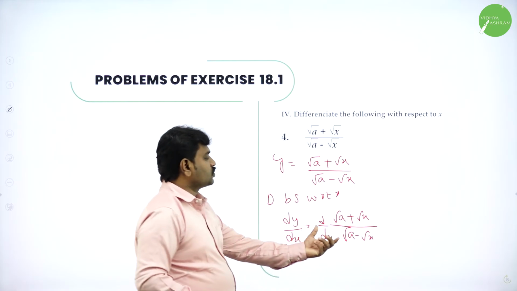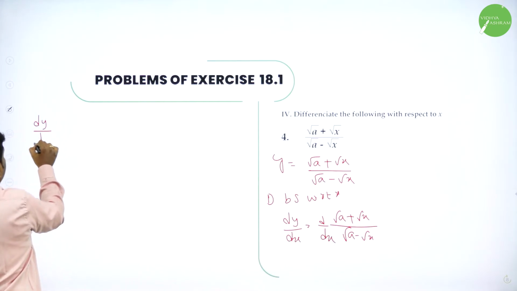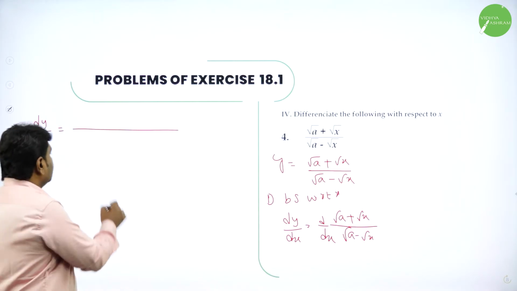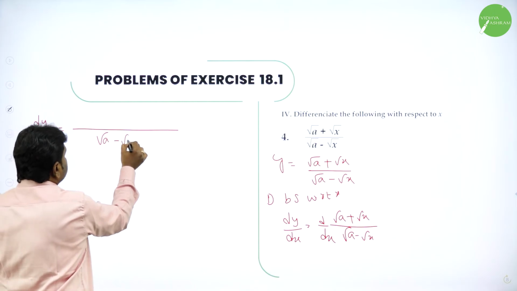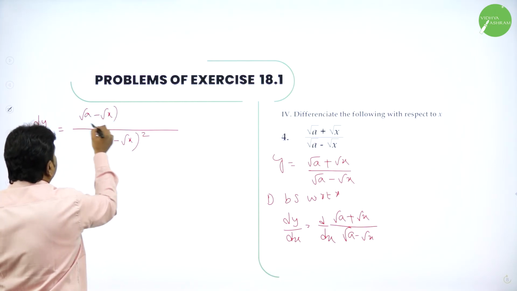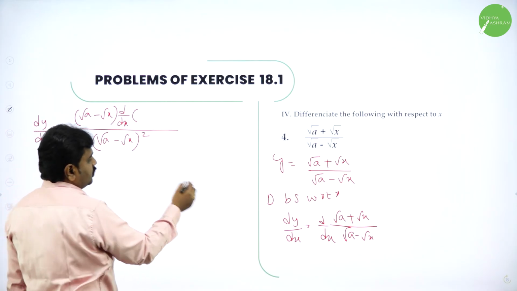Now observe, you can use quotient rule for this. So then we'll get dy by dx is equal to, in the denominator we'll get denominator the whole square, that is root a minus root x the whole square,